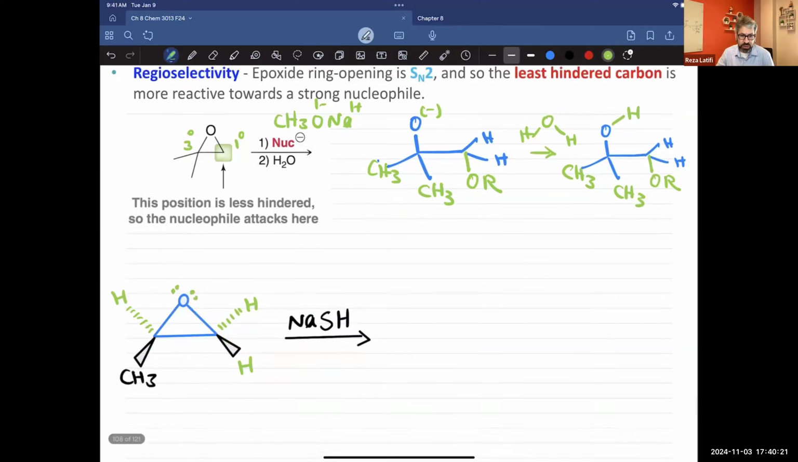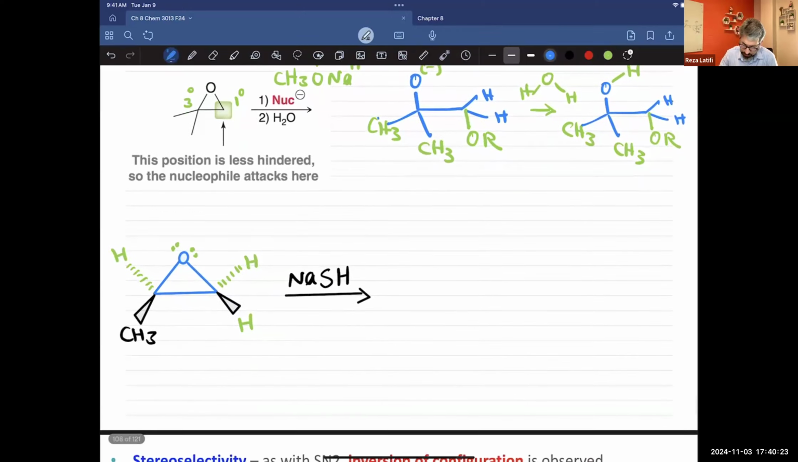Okay, and another example, we have a carbon that's this one, the one on the left is going to be a secondary carbon, while this one is a primary carbon, and our nucleophile will be SH with a negative charge. So what do we get? If this happens, we will get such a product. We will have SH here, and we do have two hydrogens there. So there is no stereocenter here. But on the other side, we will have the